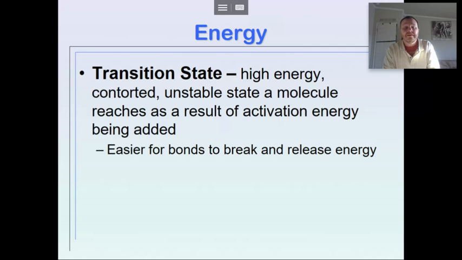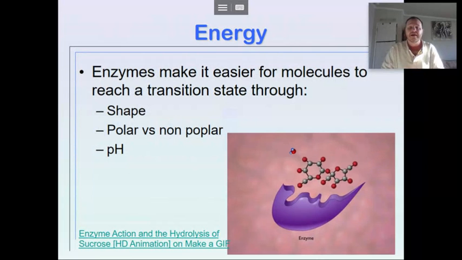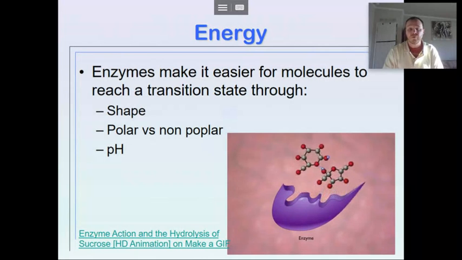So the transition state is this high energy, contorted state where molecules are all twisted. It's an unstable state a molecule reaches as a result of activation energy being added. And enzymes help get the molecule into that transition state. Right? And so I've just found a cool GIF here online,